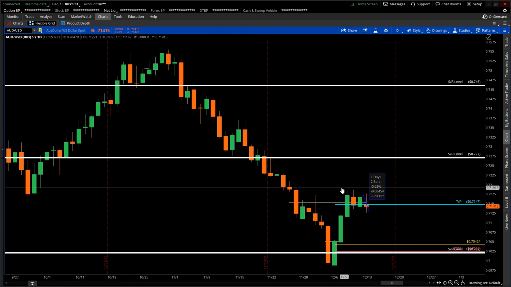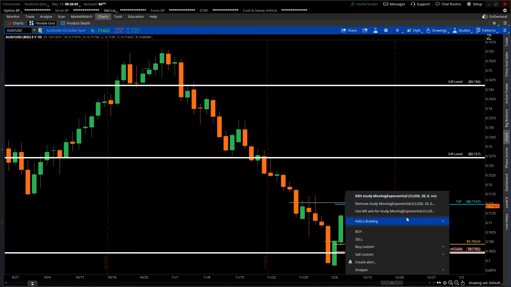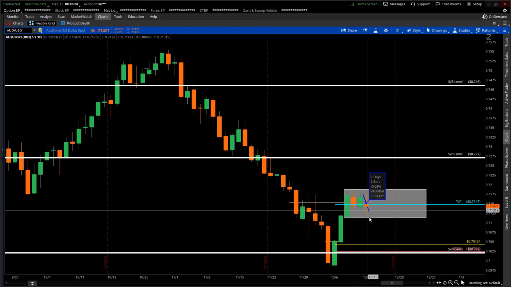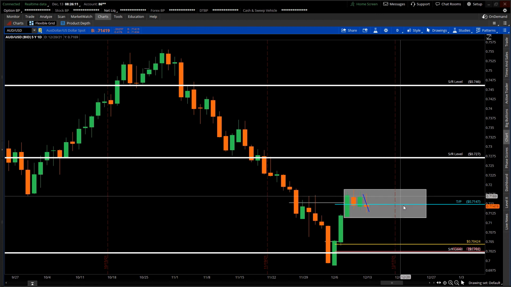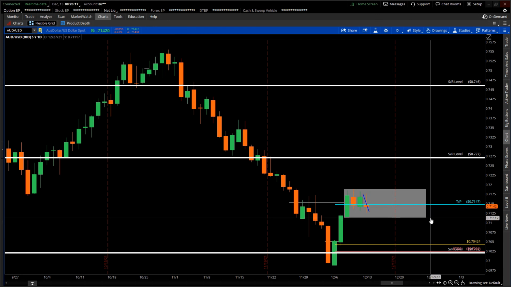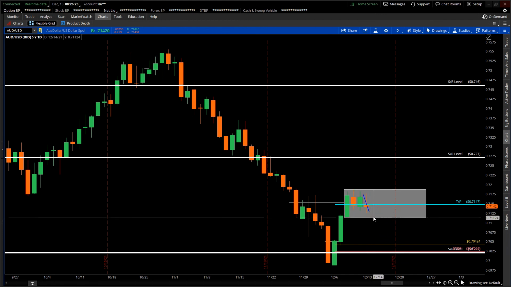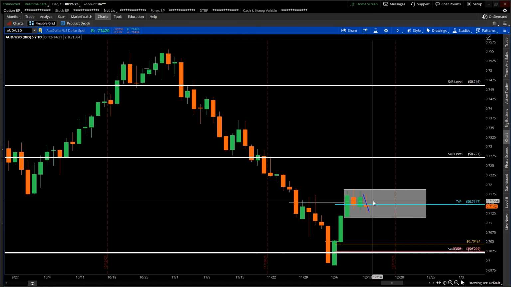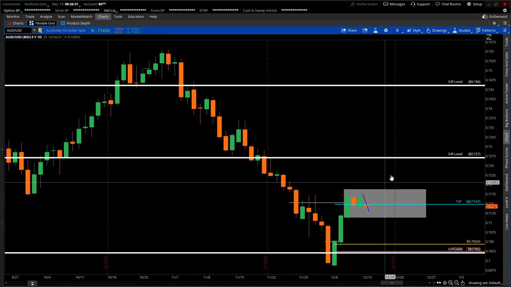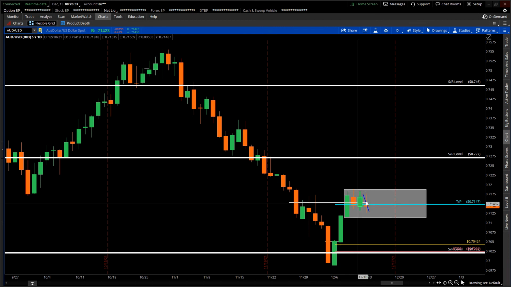So at this point, I'm still looking at this as a consolidation. It may stay inside this box and just bounce around for a few hours, a few days, I don't know. But in any case, I'll set alarms right here so that if price comes outside of this box towards the downside, then I may consider taking a short. But if price does leave towards the upside and outside of this box, then I may jump in for a long. So again, this is something I'll be looking at, and I'll definitely create alarms for that,